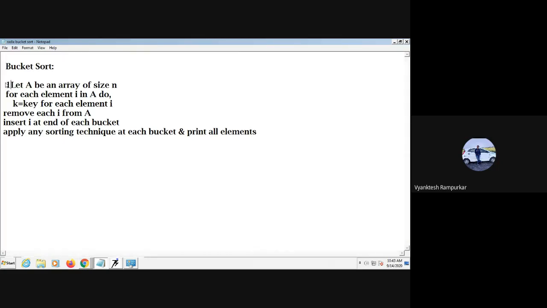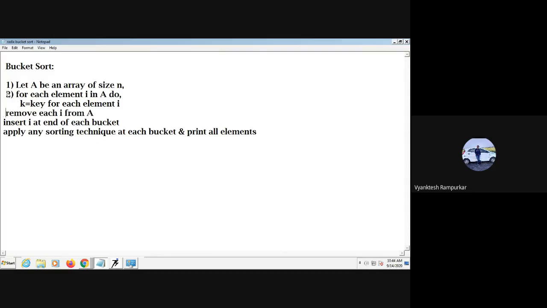First step is, let A be an array of size n. In the first step, we accept an array of size n. In the second step, for each element I in A, we compute the key for each and every element.